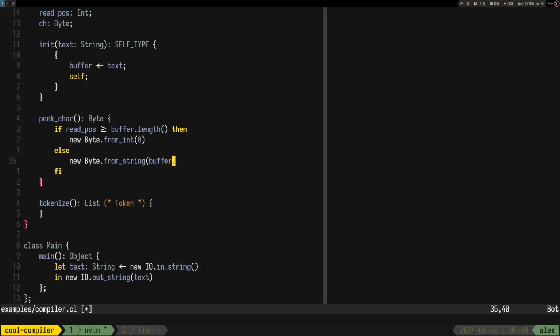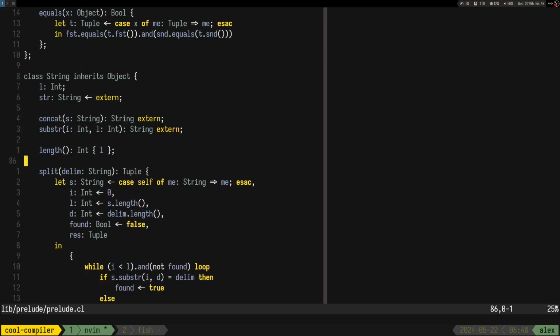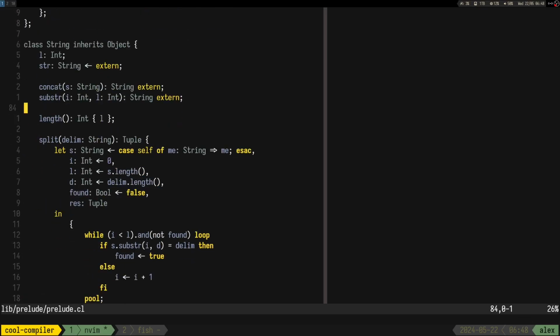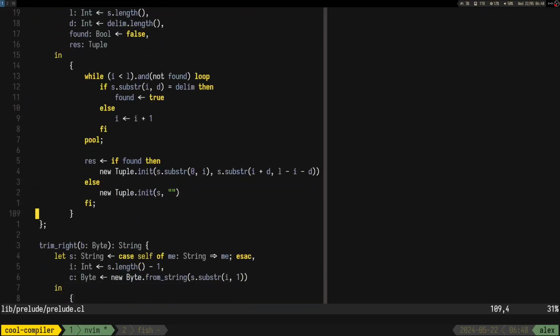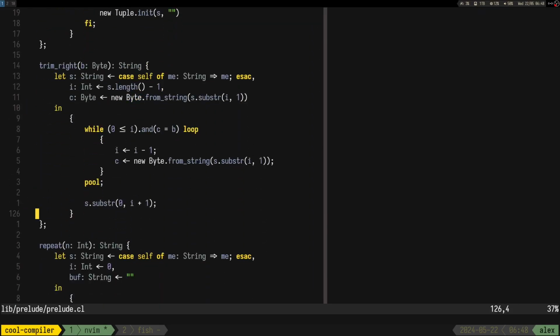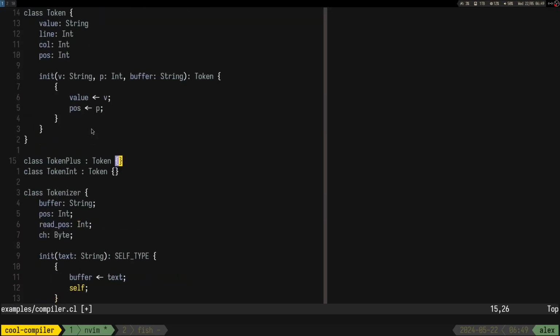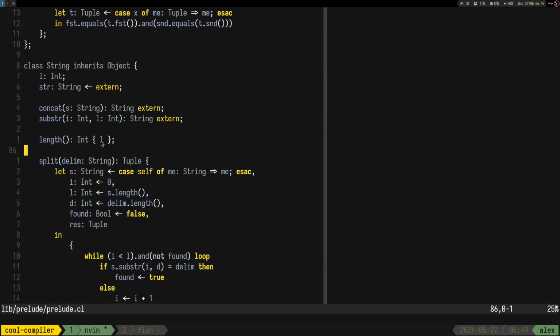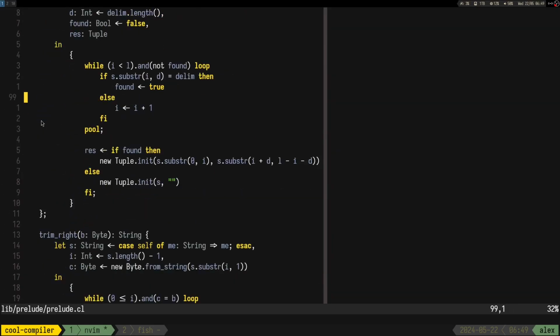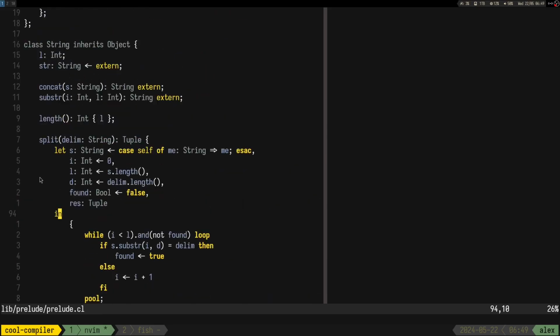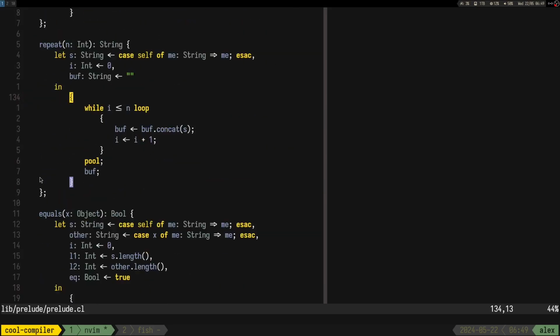Oh, but I was curious more about substring maybe. So substring. I should maybe add an at function in here.